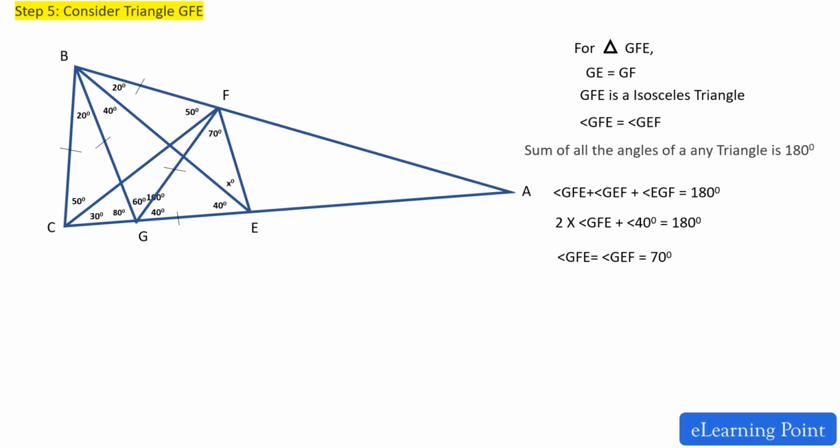Now it is simple. We have got this angle BEG, that is 40 degrees. Based on that, we can apply the third test, that is for the angle between two lines. So angle GEF equals 40 degrees plus X degrees, which is equal to 70 degrees. That's why the solution is X equals 30 degrees. So this is the final answer.